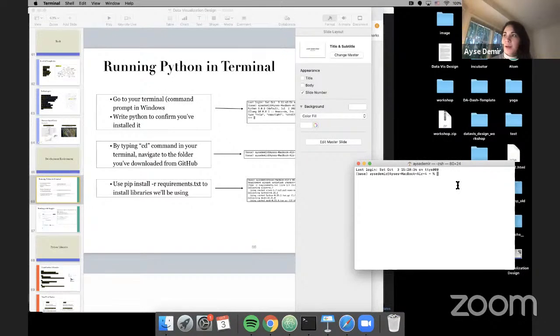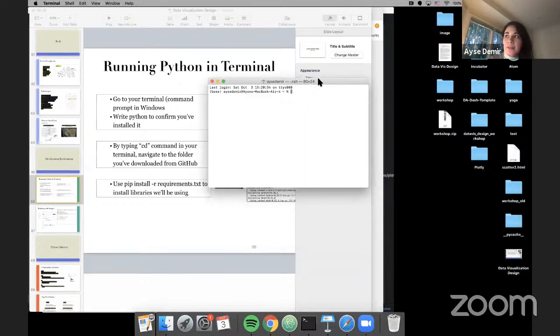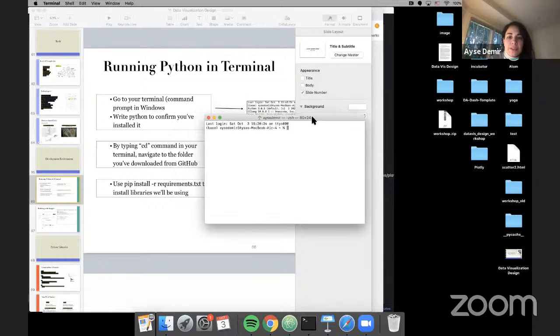So let's first confirm that we have gone through the installation of Python. If you're on Windows, right next to your Windows icon, in the search dialog box, type in command prompt. If you are a Mac user, you can use your Launchpad and search for terminal. You're going to see a dialog box like this, which is technically where we have a conversation with